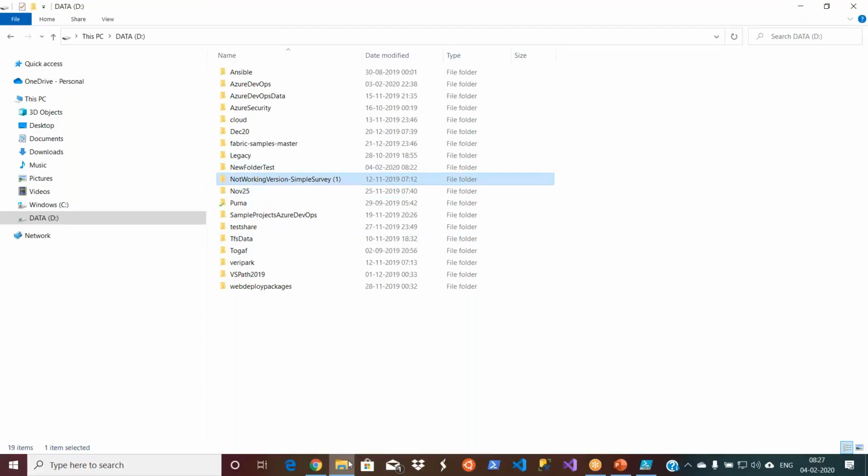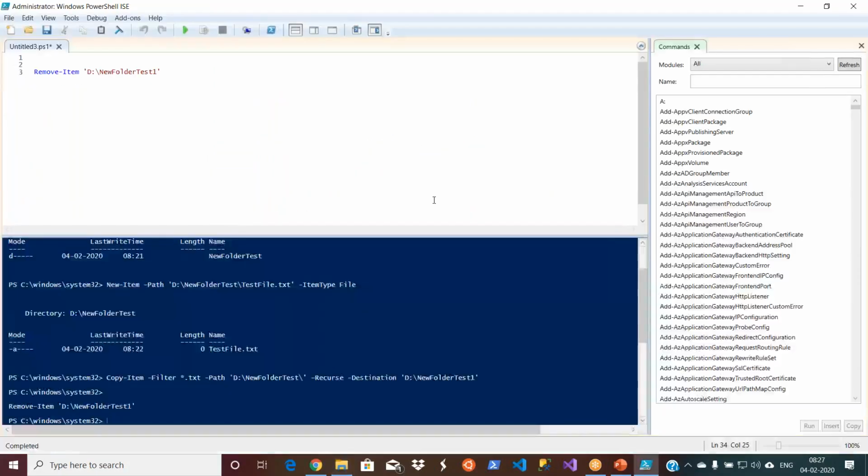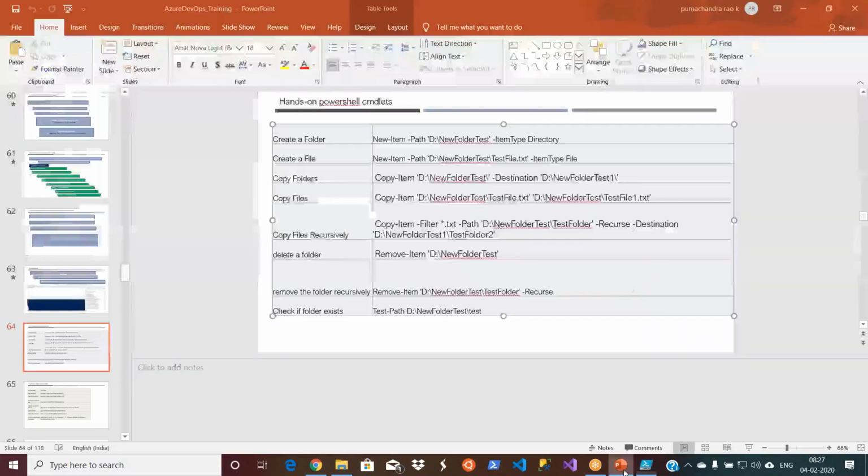Okay. There are many other commands. I'm just trying to give some overview under the files. If you go online, you'll get at least 50, 60 commands. Let us say you can change the permissions on the folders, like read permission or set read only, etc. There are many other commands as well. But once you know how to use your command, the other thing is all about knowing your command action.